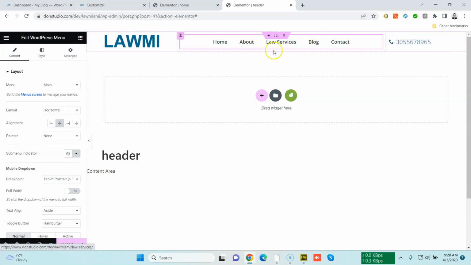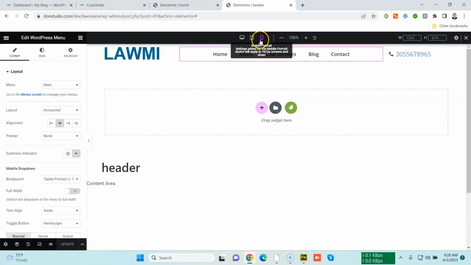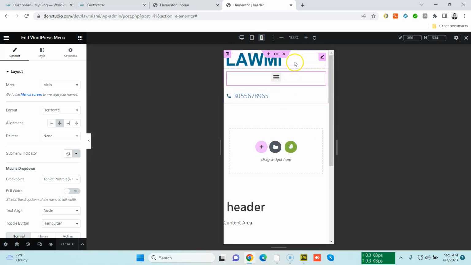Okay, let's change a couple of things here. Now, we have been creating a nice header and the home page as well, but how about this looking on a cell phone? Elementor has responsive view on the computer and different resolutions, tablet and mobile phone. So for the mobile phone,